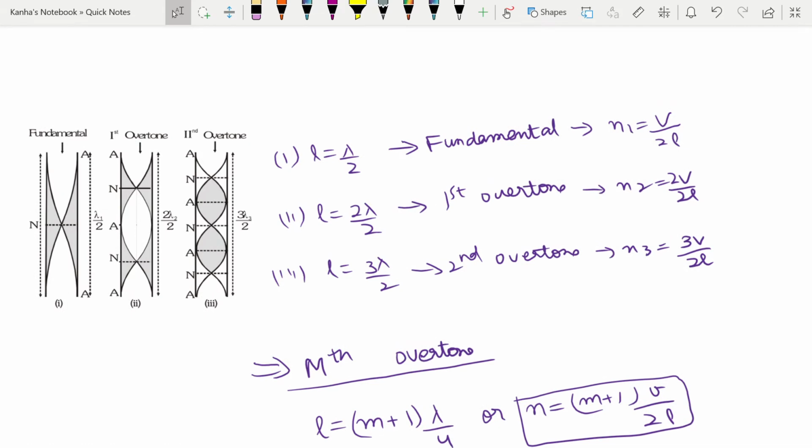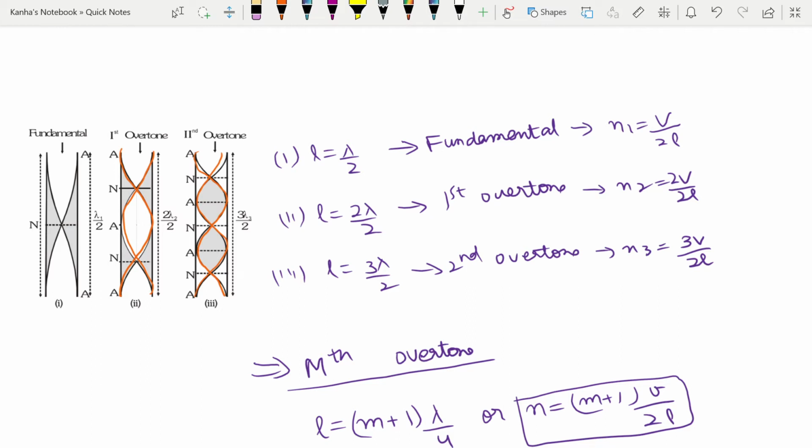So here, for the fundamental case itself, you have one node in the system. Okay, so when I'm trying to make anything, the minimum thing that I can make is this, to have two antinodes. Okay, the next thing that I can make is something like this, so that there are again nodes at the end. Similarly here I can have nodes at the end. Here also, what is happening is the same thing. You send in a wave. Let's say this is your tube. Okay, this is your wave. It reaches here, it gets reflected back and comes like this.